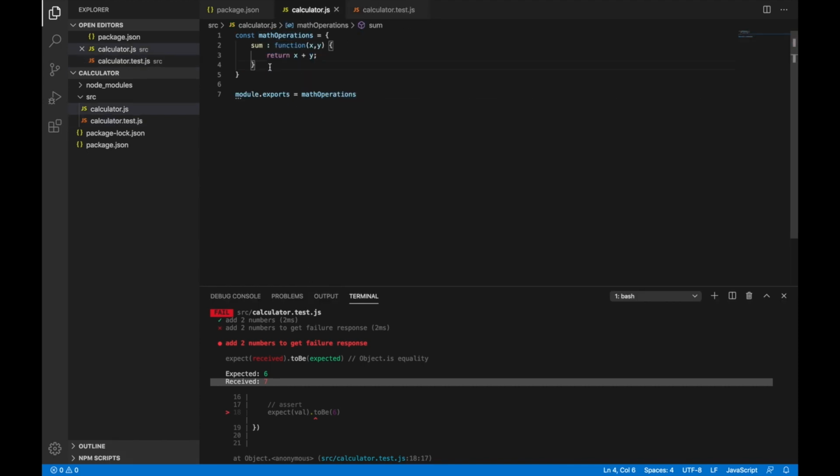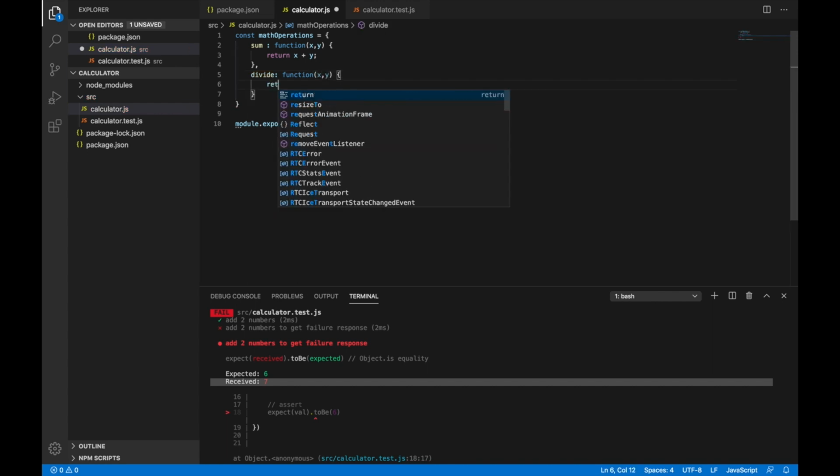Let's now try writing some more functions here. We have just written some. Let's write divide, I'll return x divided by y.